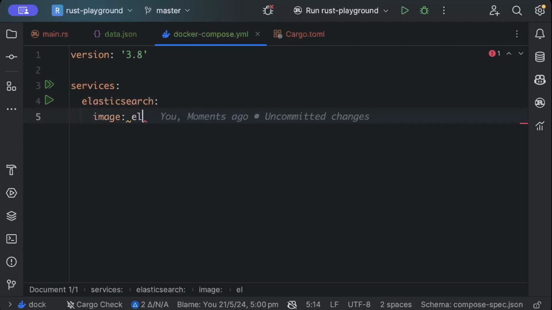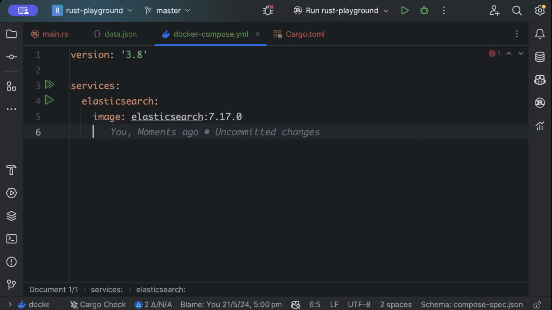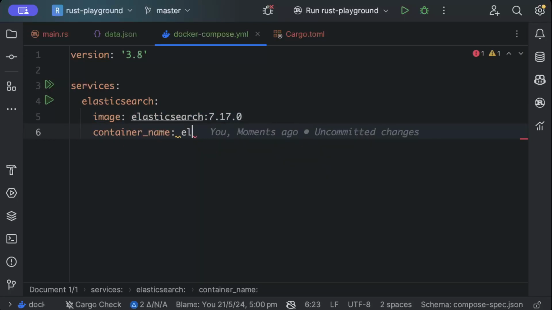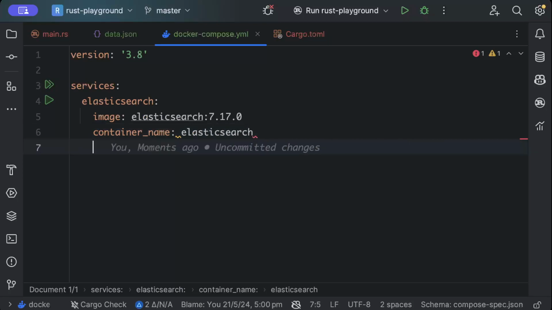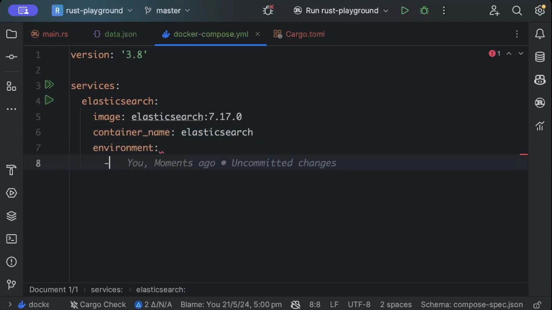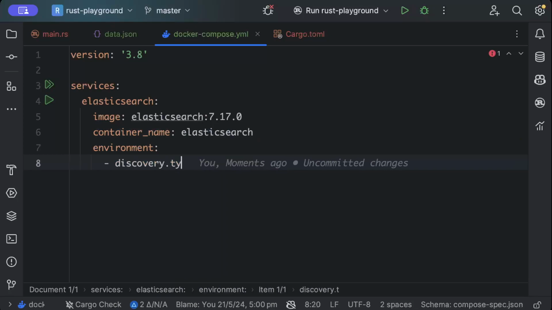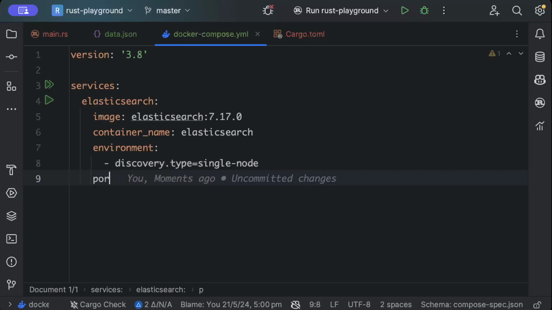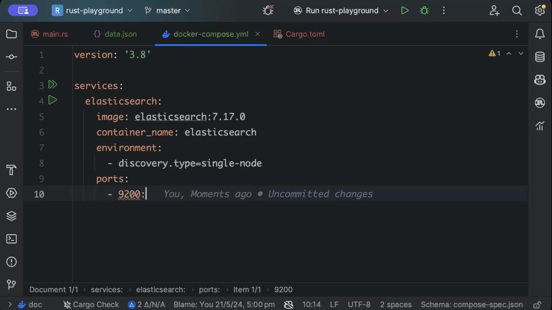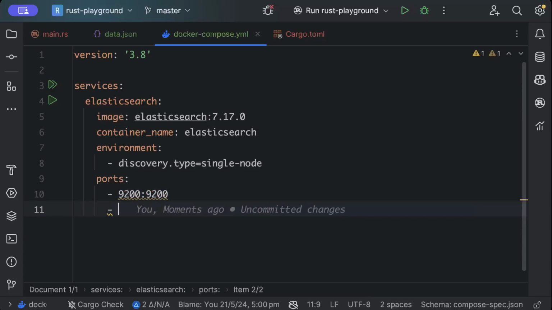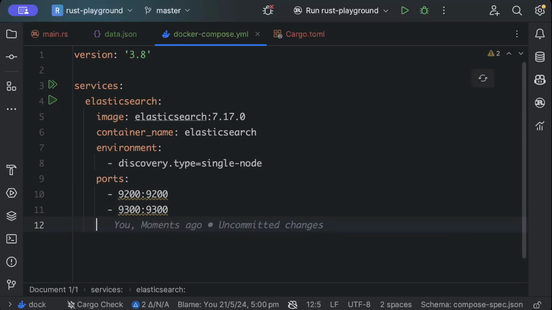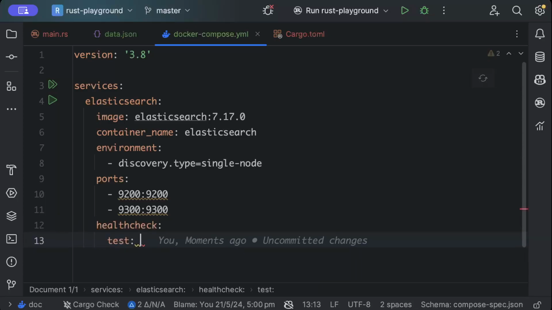image as Elasticsearch 7.17.0, and container name as, let's say, Elasticsearch, and then we'll pass the environment variable, which is discovery.type as single-node, and then we'll bind the ports. So for communication we use 9200, and for internal node communication it's 9300, and then we'll add a health check,